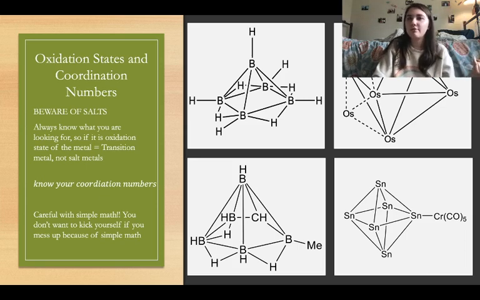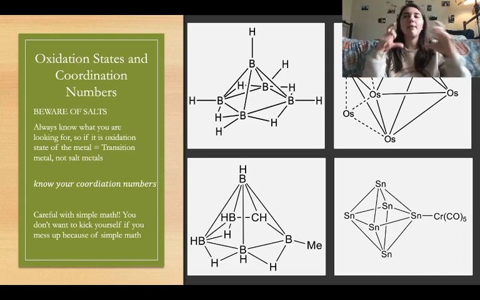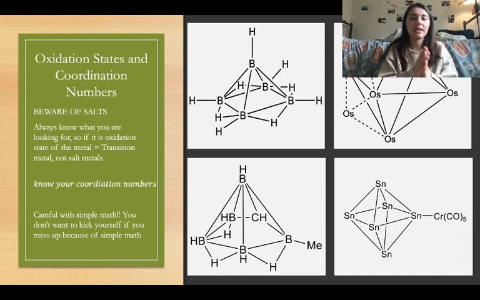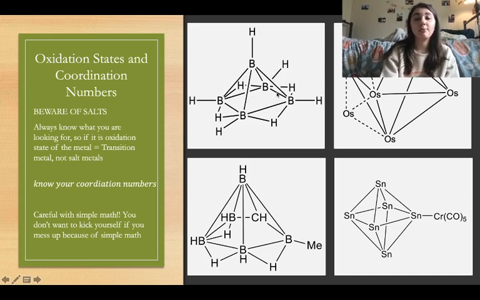It must be octahedral. That's kind of how people deduce that, but beware that if something is in brackets, I am looking for the coordination of what's inside the brackets and the metal specifically, and not only just metal, but the transition metal in that complex. And also knowing your coordination numbers. So again, something like this means that B is actually going to be coordination of 1, 2, 3, 4, and 5. Or no, wait, 1, 2, 3, 4, 5, 6. So this is octahedral, but this one is